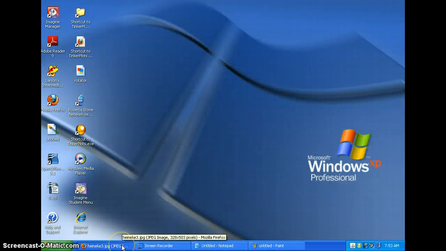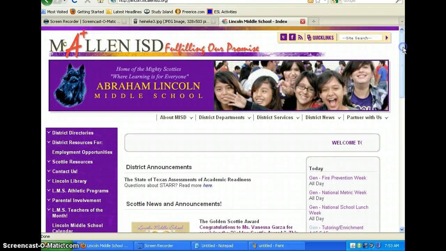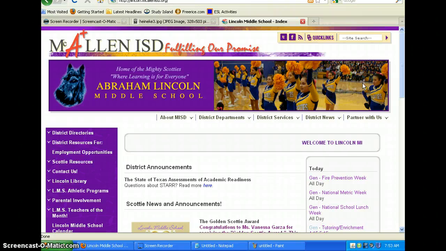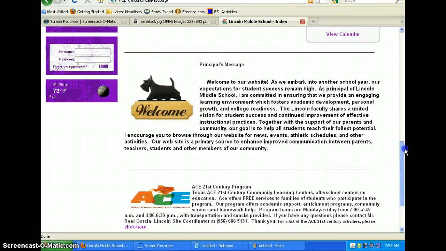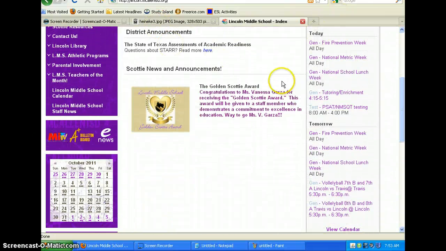All right. Next, we're going to talk about scroll. So this right here is your scrolling tool. It's very important. If you want, you can always use your mouse and just scroll down, but this is a good option too because it's pretty fast. And sometimes, depending on how big your page is,